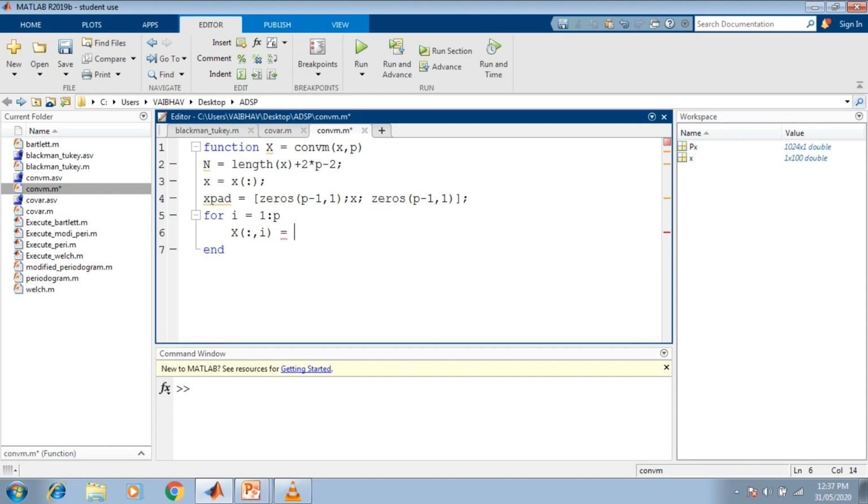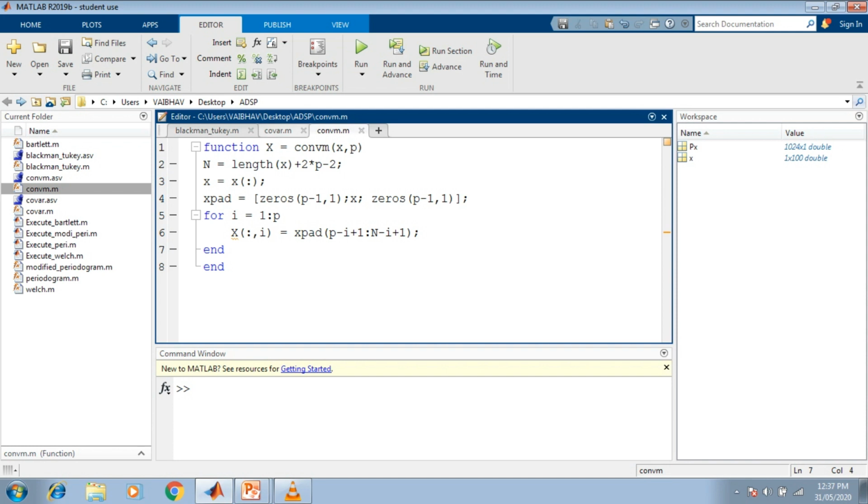It is nothing but xpad, where within the parenthesis we mention p minus I plus 1 colon, with the range up to capital N minus I plus 1. We end this syntax as well, and we end this for loop also. Only one end keyword can also be used in this function.